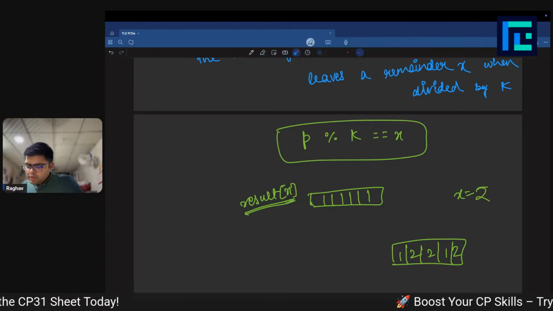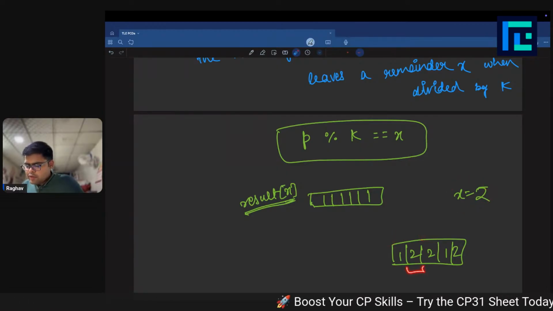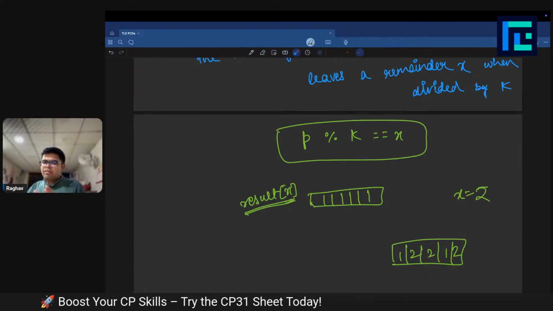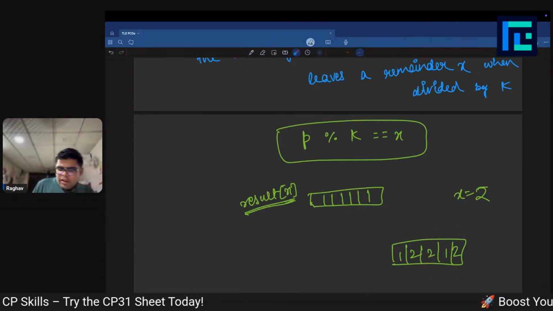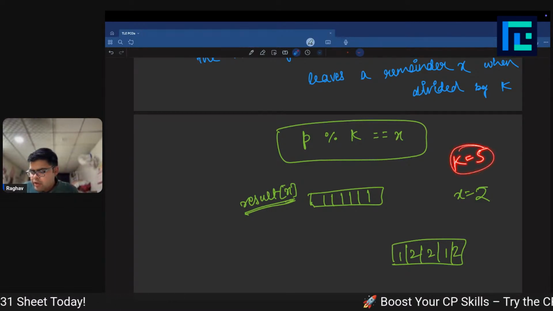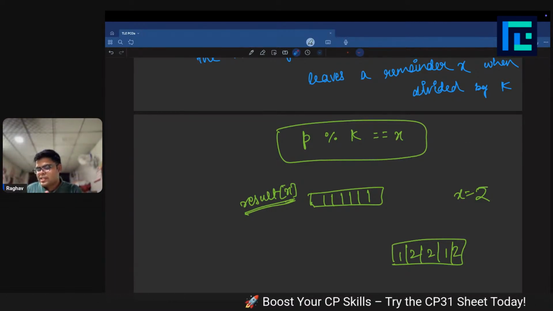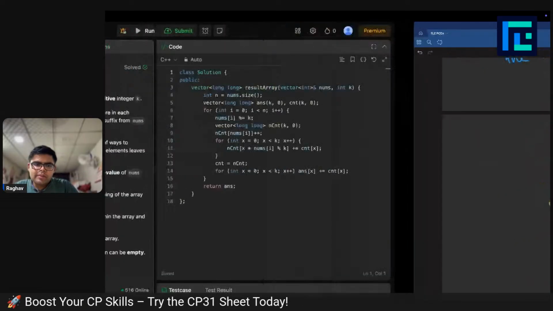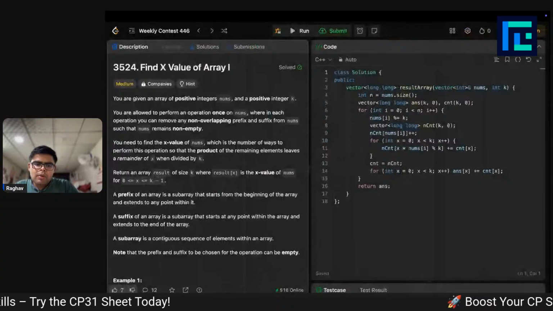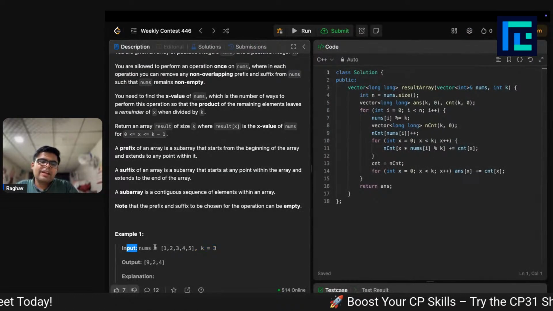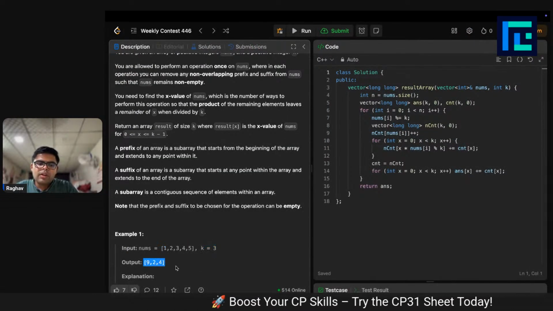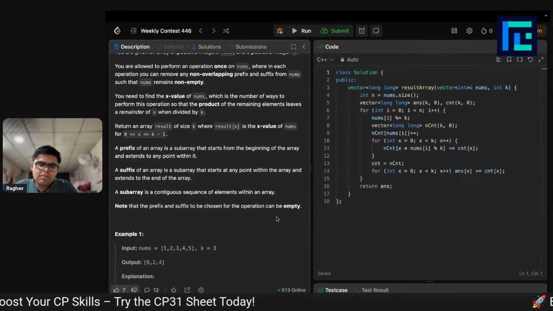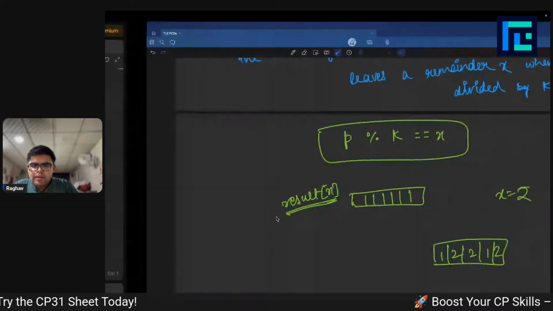when x is 2, the subarray like this one, this one, this one, this one, this one, or this one, they have their products equal to 2. If k is 5, then their product mod 5 is coming out to be 2. So that's it. In the problem, we would be given k and the array as input, and we will have to find out the x value for each possible value of x from 0 to k minus 1. And